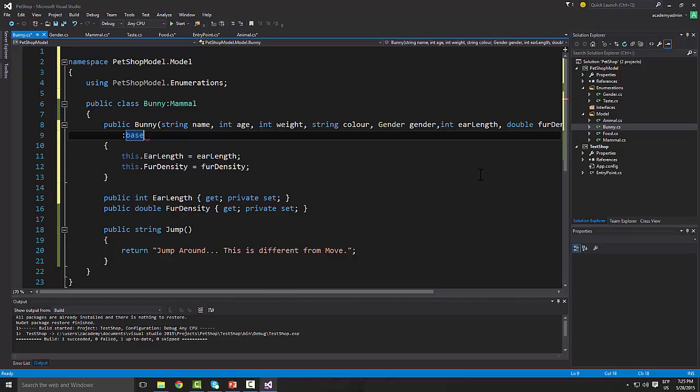There is no way that I know of, or there shouldn't be any way, to access the class which is a couple of steps above, just the one that is immediately above, or the class that the bunny derives from straight away. So we say base, and we would like to say name, age, weight, color, gender,